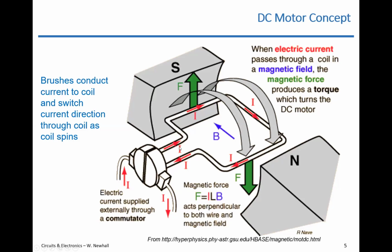Okay, if you follow that current path and you acknowledge that there's a magnetic field here, there are two magnets, two permanent magnets, it looks like in this case. So north pole on one side, a south pole on the other side of the coil, causing this magnetic field from lower right to upper left in this diagram. And with the current flowing from lower left to upper right, if you do the right-hand rule and calculate IL cross B,